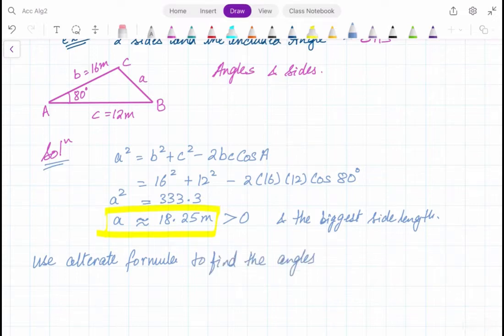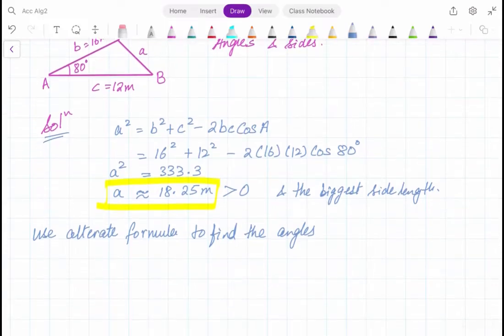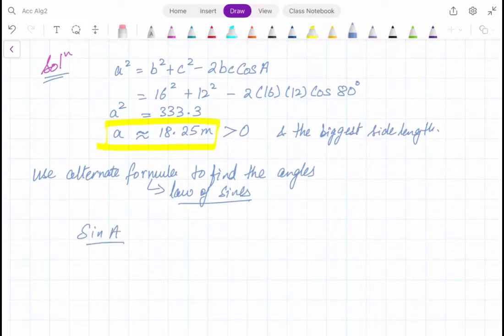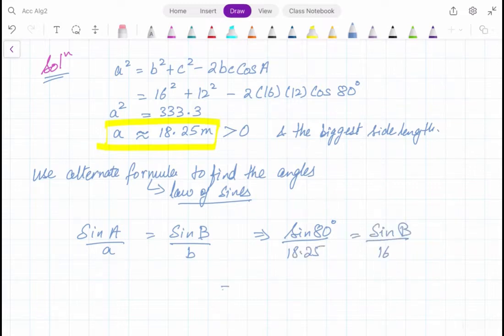So if I use the alternate formula of the law of sines, I can find the angles. You can also use the alternate formula for cos as well, for the law of cosines, but it will be convenient here to use the law of sines. So it is okay to use the law of sines and the law of cosines combined together in one problem. So we are using the alternate formula, that means the reciprocal formula, sine A over A is equal to sine B over B. Sine A is given as sine 80 degrees, and we just found the side A, and side B is already given. So if you do cross multiplication, you will get